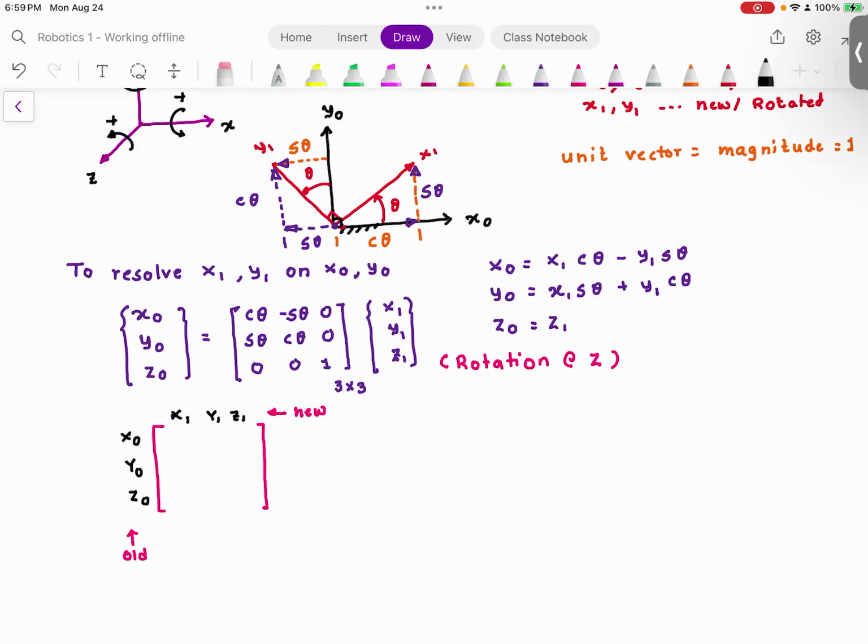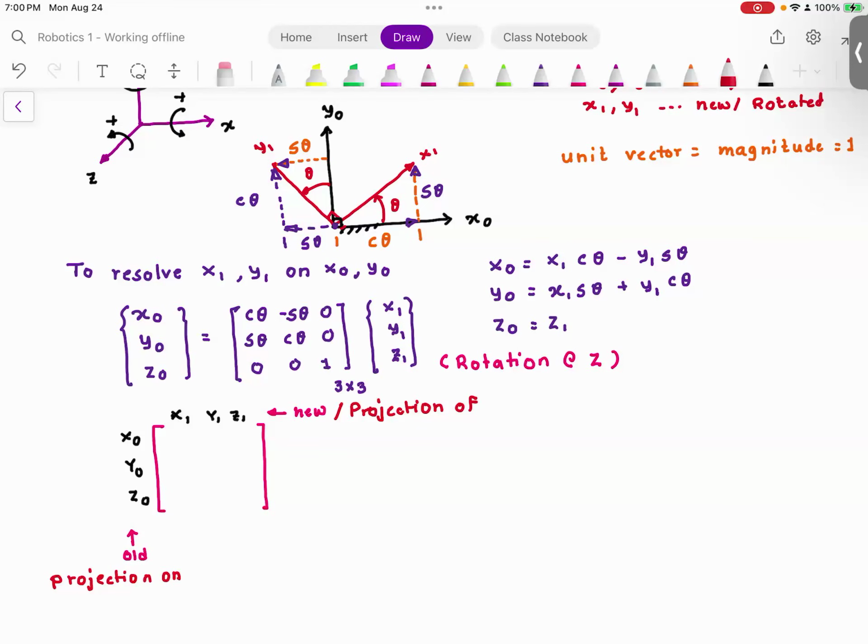And remember this, you will do projection of the new frame on the old frame, and this will be clear in just a second. So I want you to look at the figure. Don't look at the rotation matrix that I have derived. Look at the figure and tell me